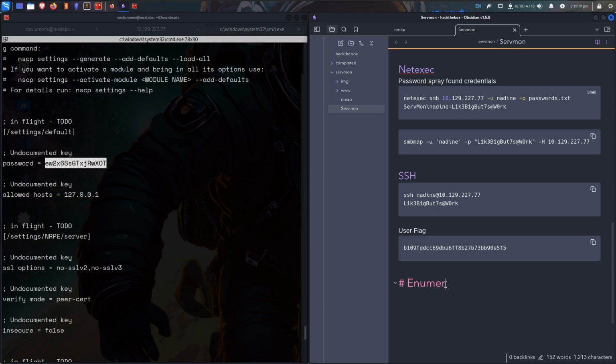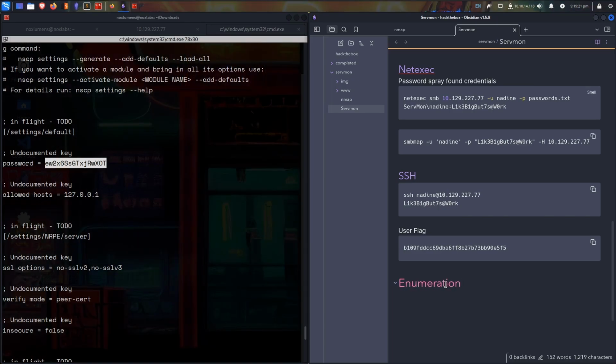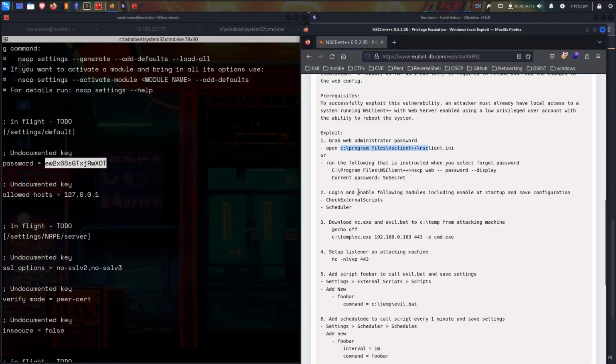Whatever. Enumeration. We were able to locate the NSClient++ folder, configuration file with credentials. There they are. Along with a way to,